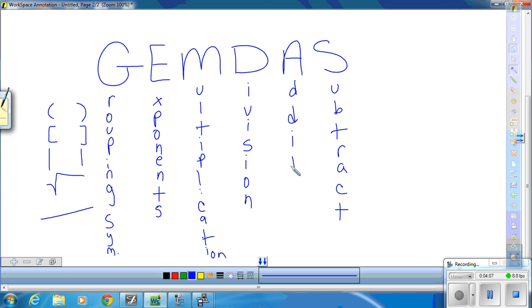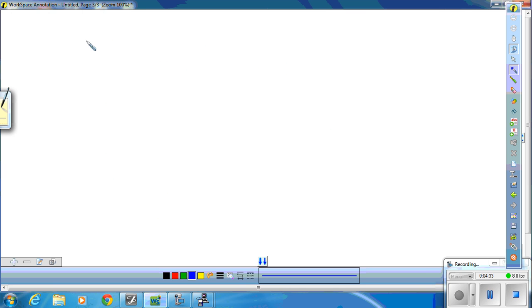In our society, we do read from left to right. So when we're doing our multiplication and division, when we're doing our addition and subtraction, we do tend to go from left to right in that order. However, we also know that multiplication and addition are commutative properties. So if I do my addition from right to left or my addition from left to right, it should not make a difference. But these are the order that we want to make sure that we're doing when we do mathematics. So for example,